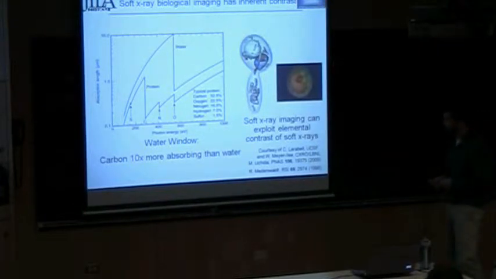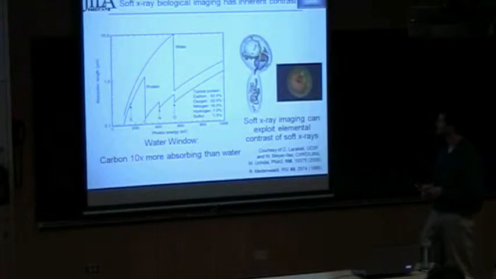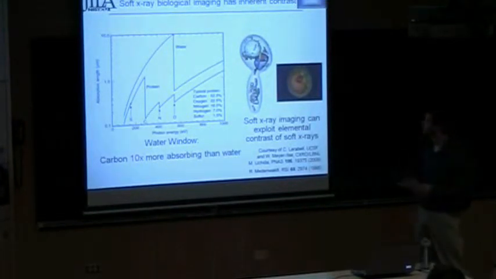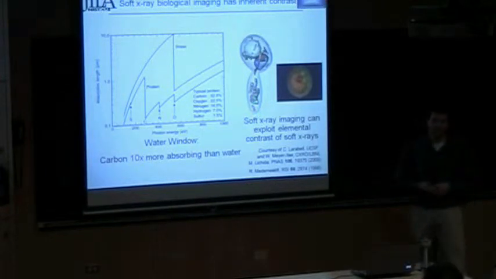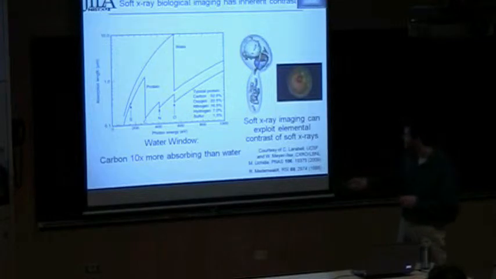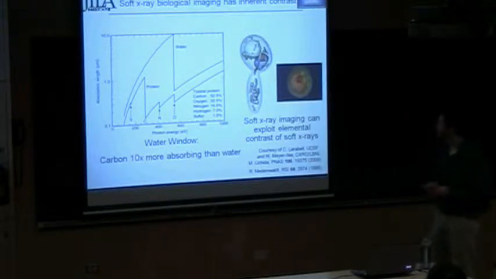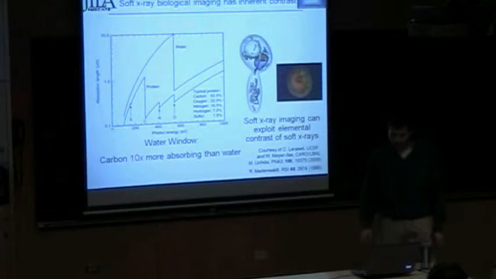And so one of the interesting features of this is the fact that it relies only on the density of carbon you have in the sample. So you can actually do quantitative imaging of these sorts of samples. And then another point, this is 400 eV, which corresponds to a 3 nanometer wavelength. So in principle, you can do something like 10 nanometer resolution imaging of your sample.